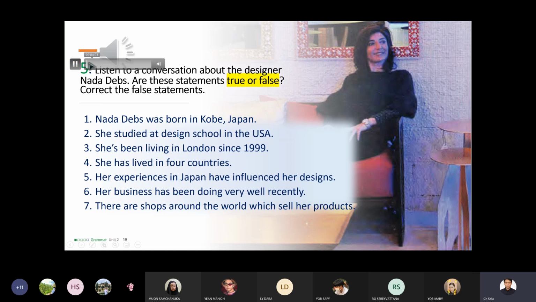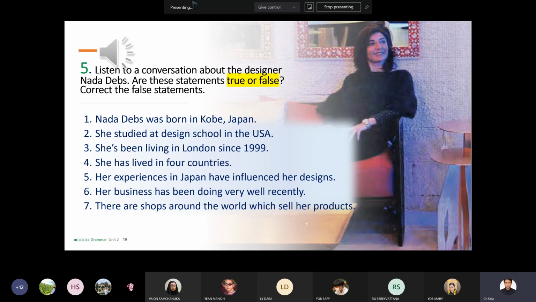Aisha, hello. Hi. So, can you tell us something about Nada Debs? Sure. Nada is a successful designer from Beirut. Okay. And how did her story start? Well, Nada's story is an interesting one. She was born in Lebanon, but she grew up in Kobe, Japan. Did she stay in Japan? No, she left Japan in 1982 and went to the USA, where she studied at the Rhode Island School of